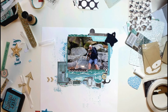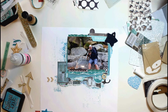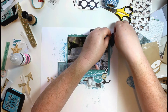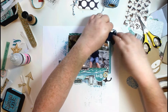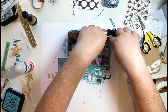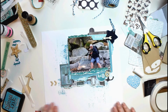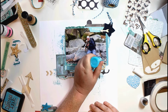So I don't think I do that much more to this layout, and I will do a thumbs up and think, oh yeah, I've finished, and then realise I haven't put my title on. I'm just going to add a little bit of twine to the star at the top. And when I do eventually realise that I haven't put my title on, I will grab some Bella Boulevard Chipboard Basics. I'm just adding some Nouveau drops,